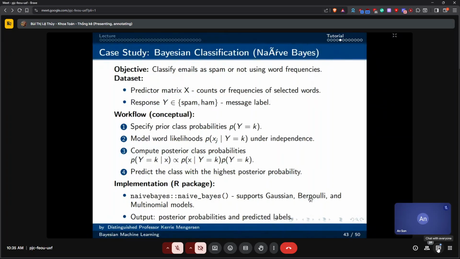So the probability of that word appearing if it's a spam email and the probability of the word appearing if it's not a spam email. That's not what I want. I want what's the probability of it being a spam email given that those words have appeared. So it's again this reverse probability that we looked at in the first lecture.